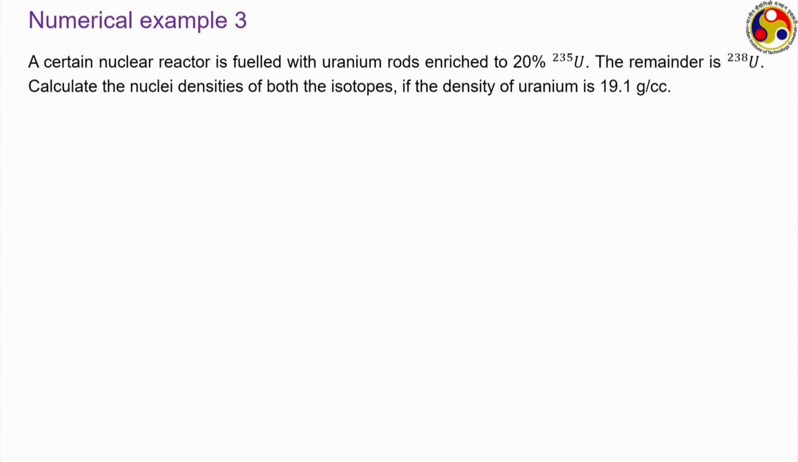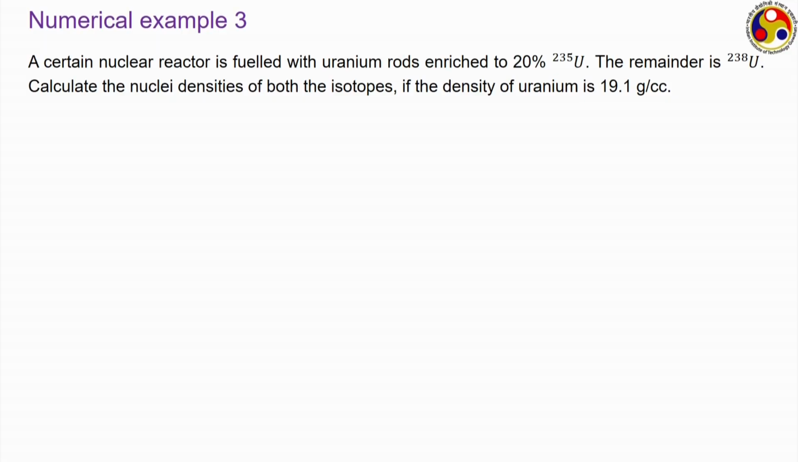We have a third problem. Let us now use the concept of neutron enrichment. Read the problem carefully. It is mentioned that a certain nuclear reactor is filled with uranium rods enriched to 20% U-235 and the remainder is U-238. So, you have to calculate the nuclear density of both the isotopes if the total density of uranium is available to you. Uranium enriched to 20% by U-235 refers to 20% of the total uranium content being U-235